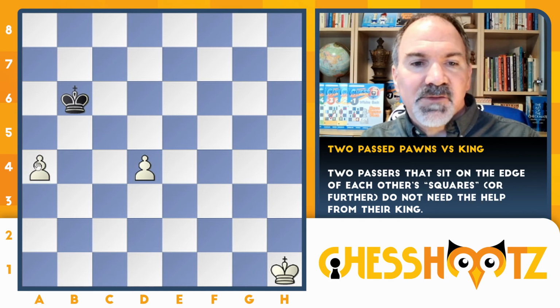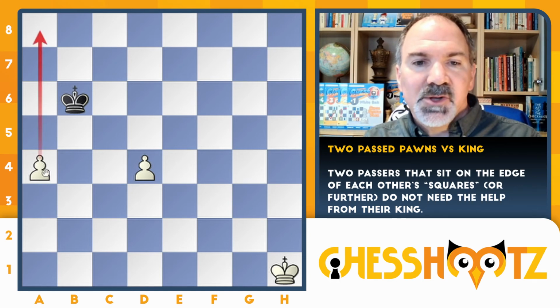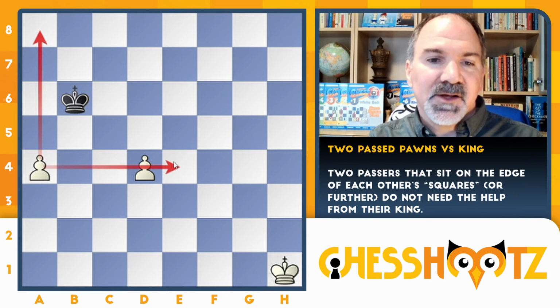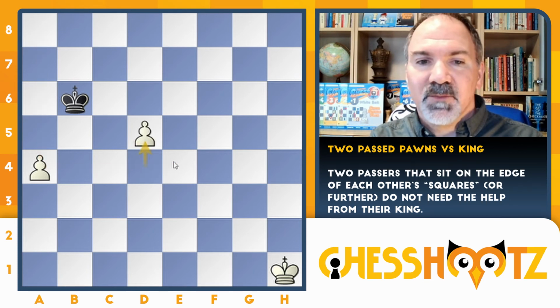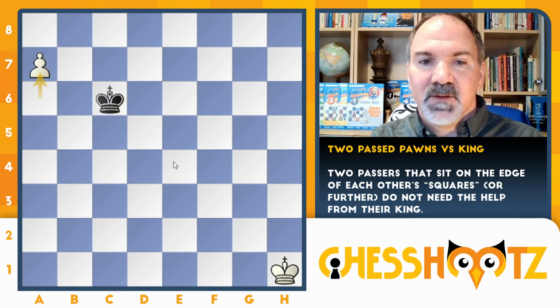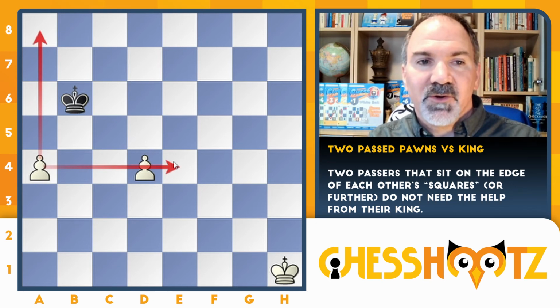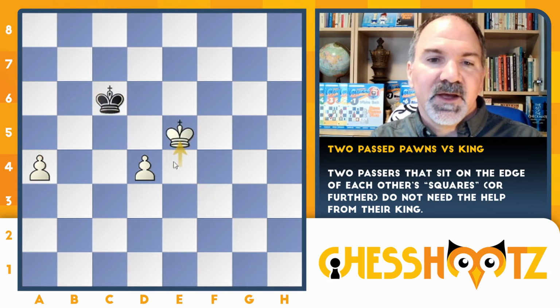But here, it's 4 steps, and this one is in the square, but too much in the square. He needs to be on the edge of the square, or further. Here, in this case, we're going to need help from the king. If you push one pawn, he gets to take both of them. And that didn't work out very well. So when they are too close, then you're going to have to bring your king over to help and easily